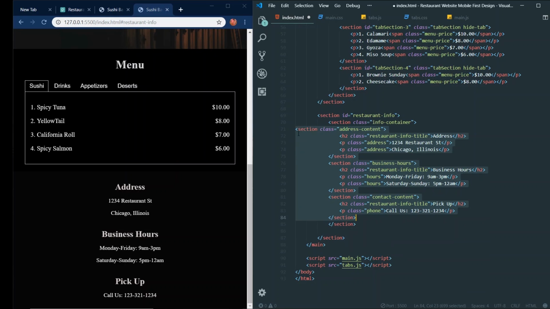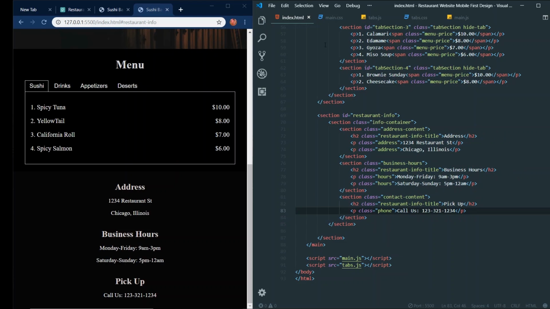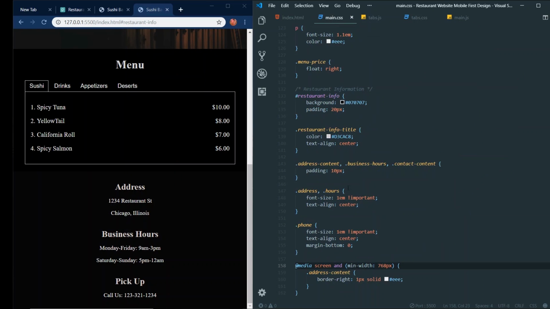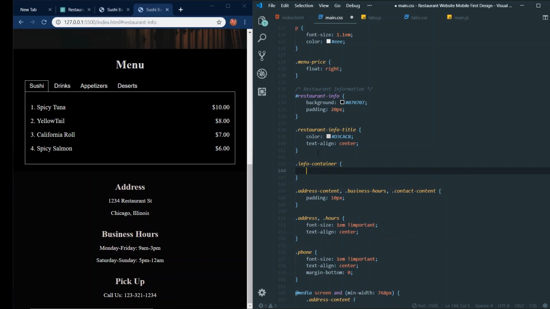So this will be a whole container for these sections. Okay, so inside in the CSS, we'll do info container, display grid,